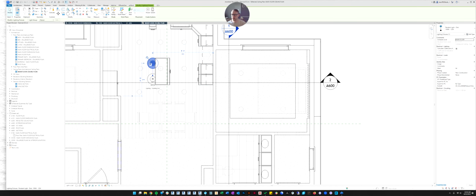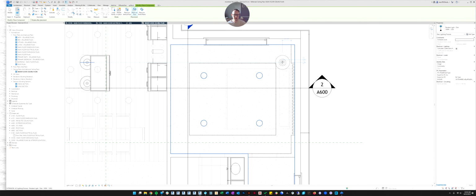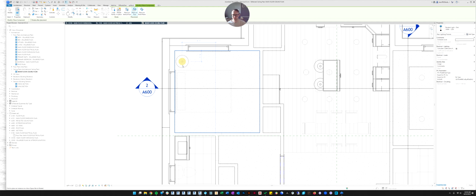So if you click on any family, you can go up here to the Create section on the Modify tab, and it's this one with the box multiplying into many boxes. If you click that, it'll automatically load your cursor with whatever family you were clicked on. So you don't have to go search for the family over here. You can just do create similar, and it'll queue it up here in your cursor. So I'm just going to place one on either side of the bed in both rooms.